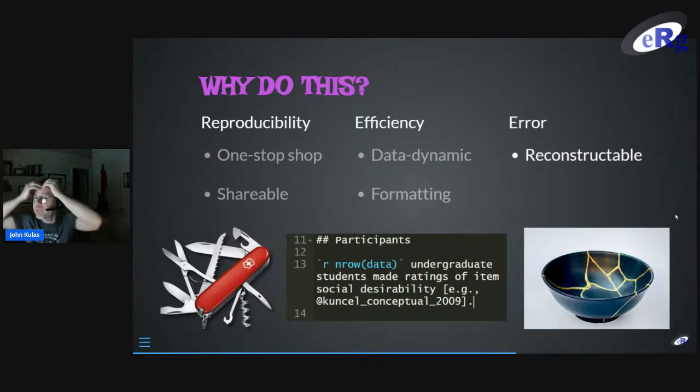And then the biggest thing for me is really how error is dealt with. Error arises from all kinds of different sources, but there is a very obvious potential source of error if you're just dealing with two different programs. If you have one program that's focused on summarizing and writing, and another program that's based on the data analyses themselves, there is potential, just in the back and forth between those two programs, of a miscommunication, of a cut and paste that didn't go where you wanted it to.